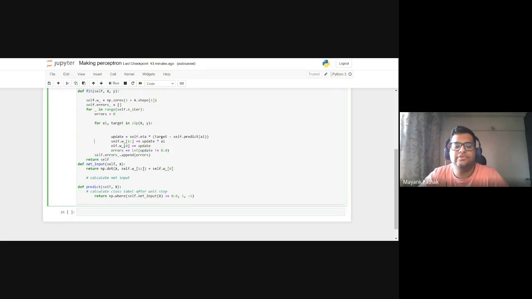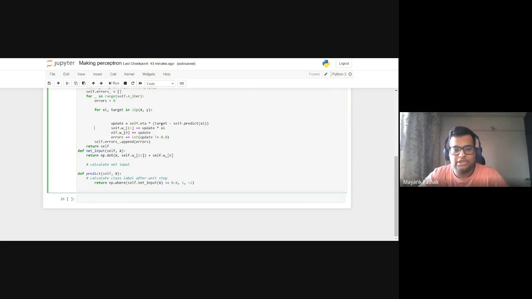We have initialized update as a variable, and we have multiplied it with the sample, and given it to the self variable. Also, the weight is given to the self, and errors are also updated. If they are 0, then it flags that there is something wrong in it. So we have made that self error, appended the list to that, and returned the self, that is an object.